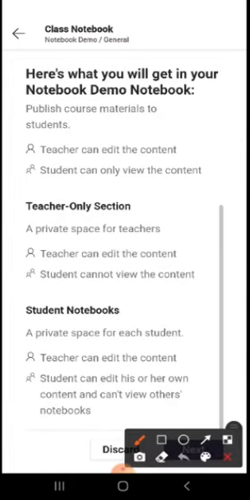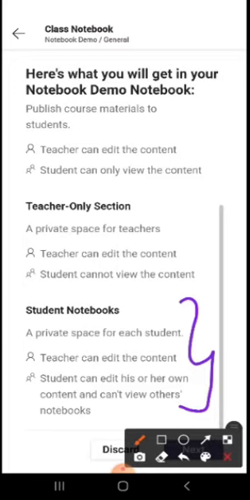Next is the Student section. This is private for each student. A teacher can have access to the students' notebooks, but a student can only change their own notebook. They cannot view any other student's notebook, so they are not able to access other students' notebooks.